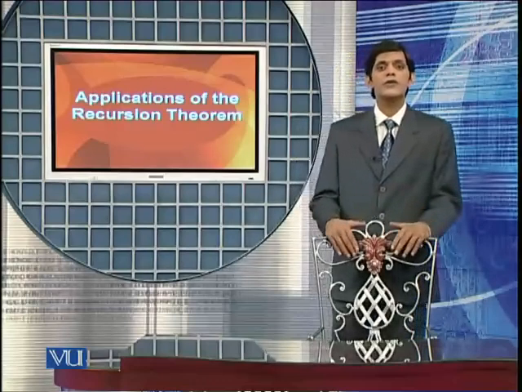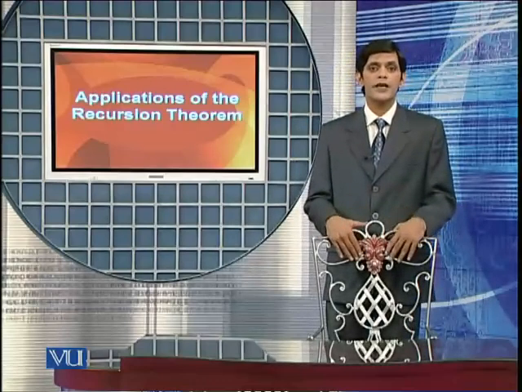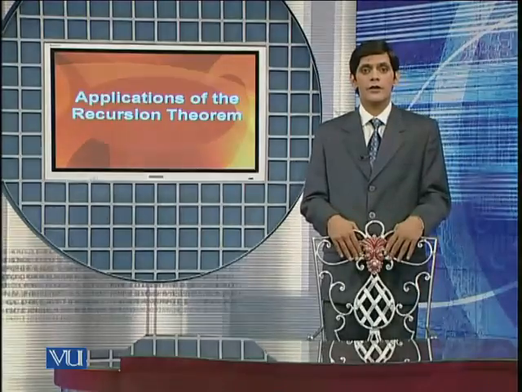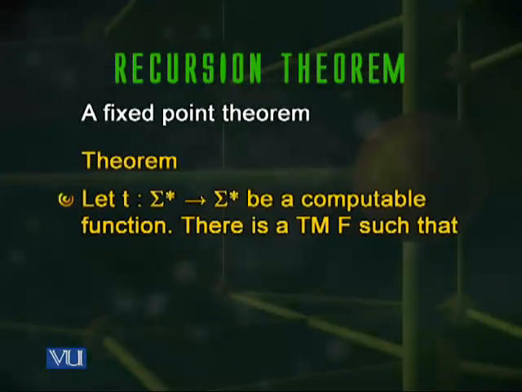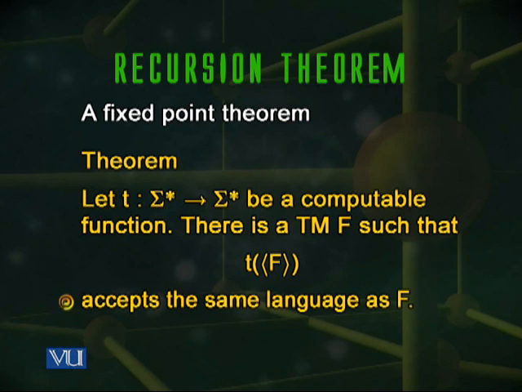Next, what we want to do is prove a fixed point theorem using the recursion theorem. Let's look at the statement of this fixed point theorem. This theorem says that let T be a computable function from sigma star to sigma star. So some Turing machine can compute this function T. Then there is a Turing machine F, which is what we say is the fixed point. There's a Turing machine F such that T, when applied to the description of F, accepts the same language as